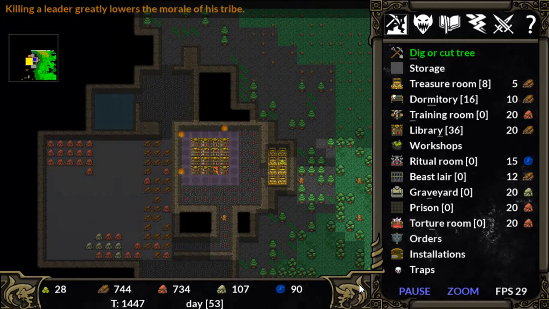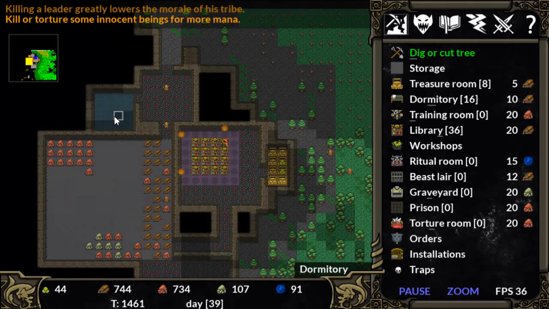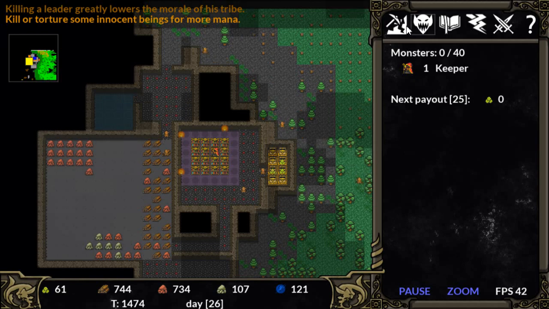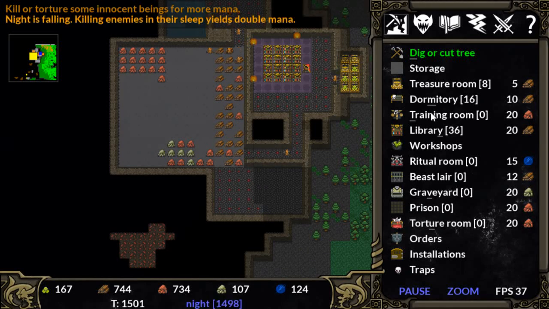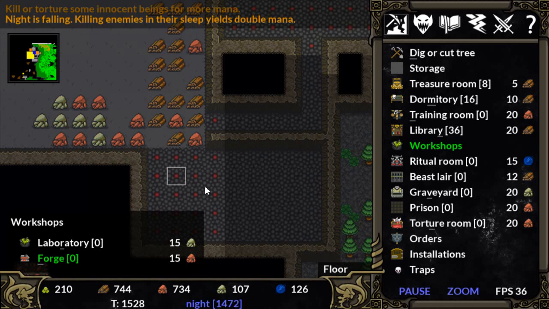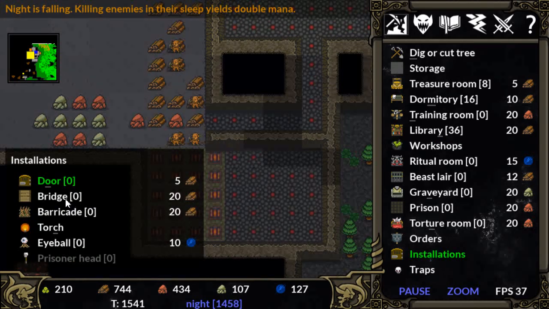Okay, so we got some money. We got our dorms. Nobody's showing up. Okay, I have another theory, that we can only get people when we start getting the rooms that they are going to be working in. So we will build a forge over here in the hopes that we're going to end up getting some goblins to join us,